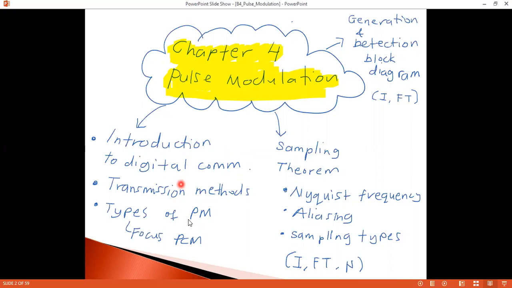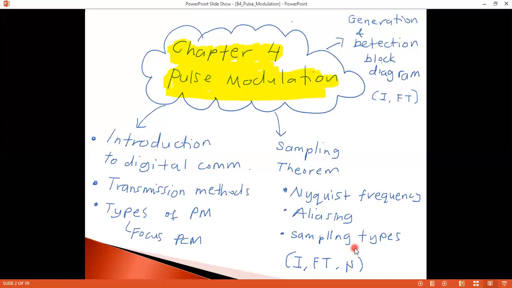And we also looked at different types of pulse modulation, especially those more conventional than PCM. And then the sampling theorem, that includes concepts like Nyquist frequency, aliasing, and